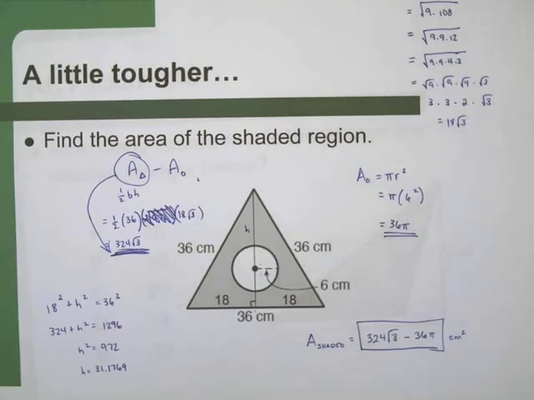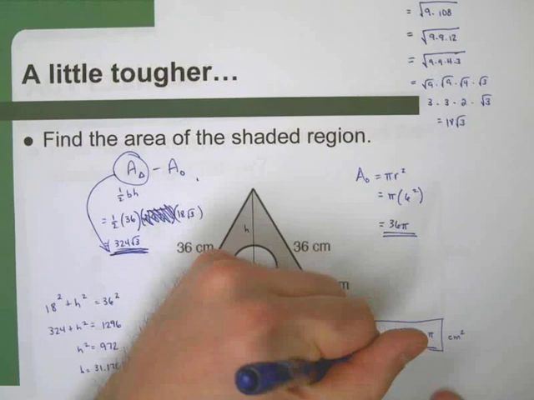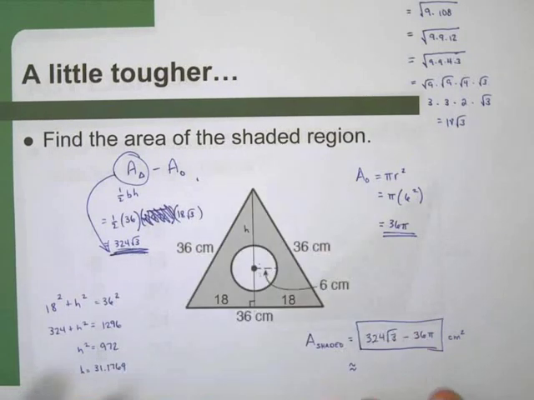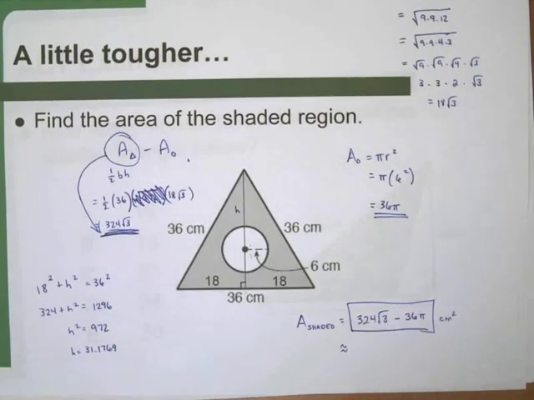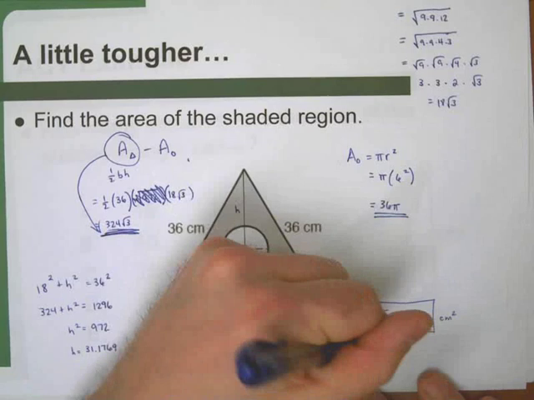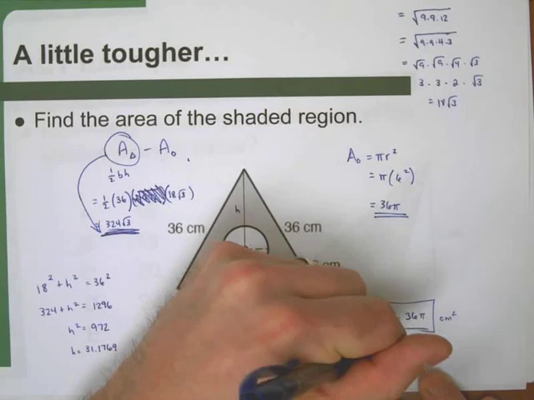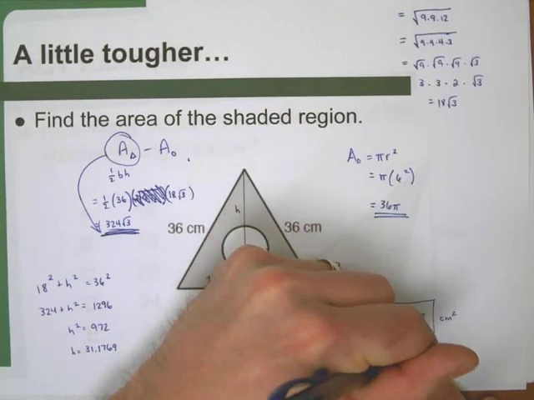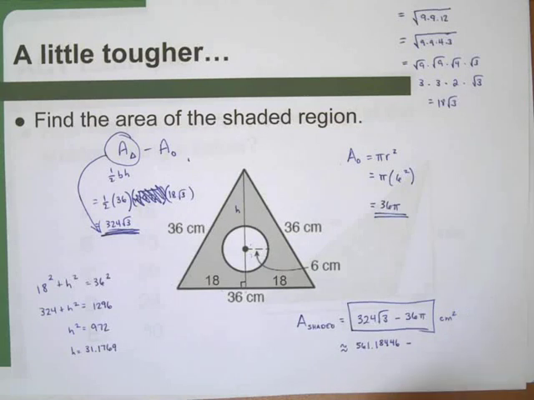Square centimeters. Now, if I did it in decimals, if I was okay with an approximation in this problem, which I guess you're probably sitting there going, man, I hope he lets us approximate. It's 324 times the square root of 3. It's really 561.18446 minus 36 pi,